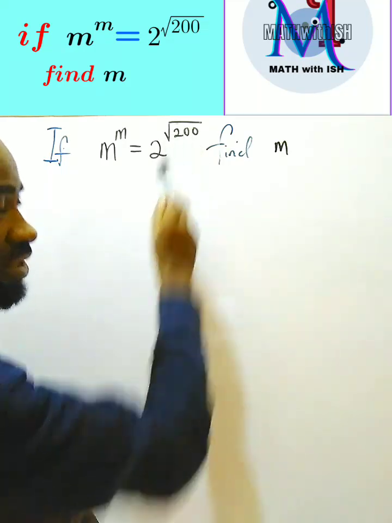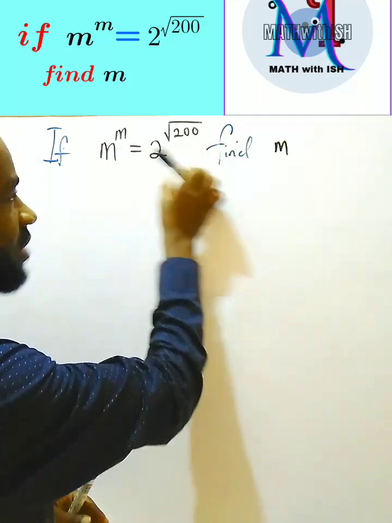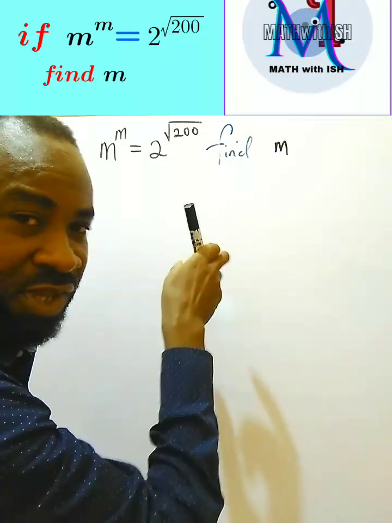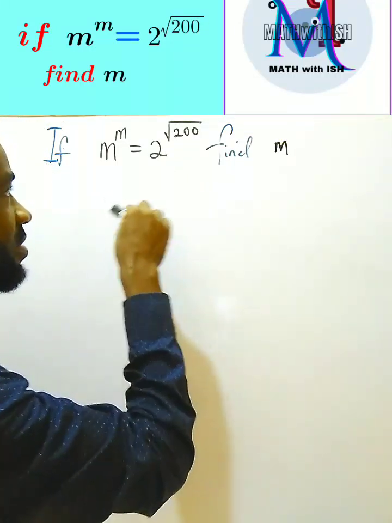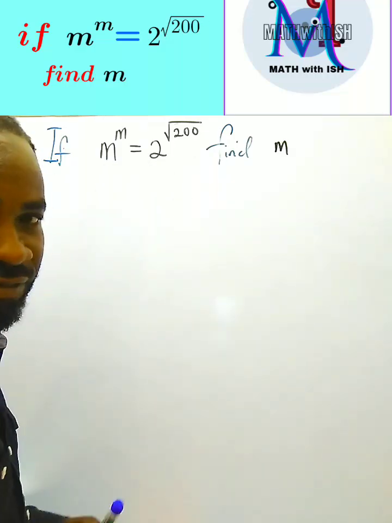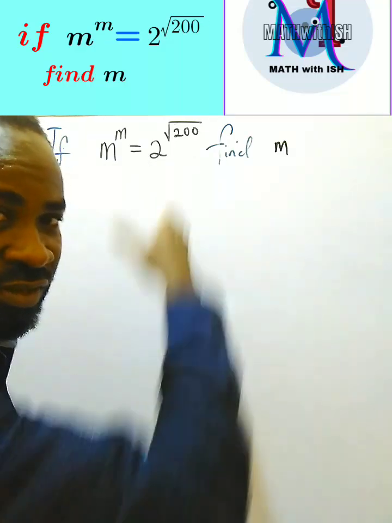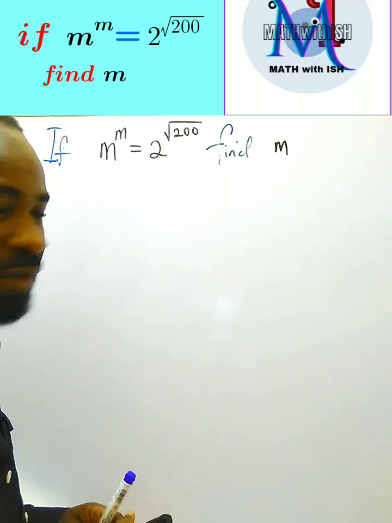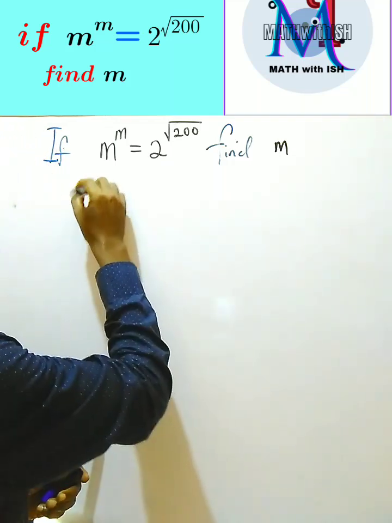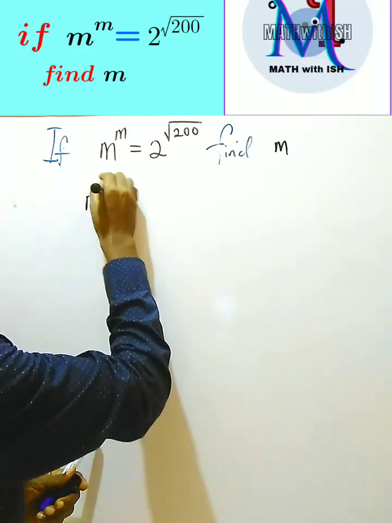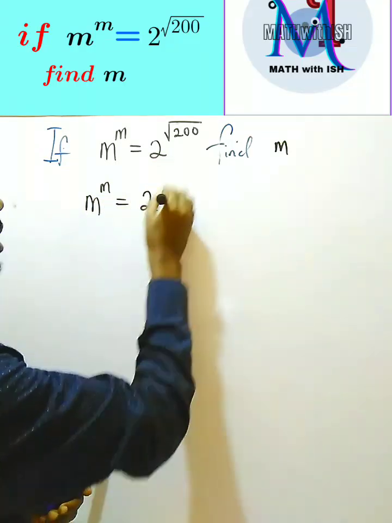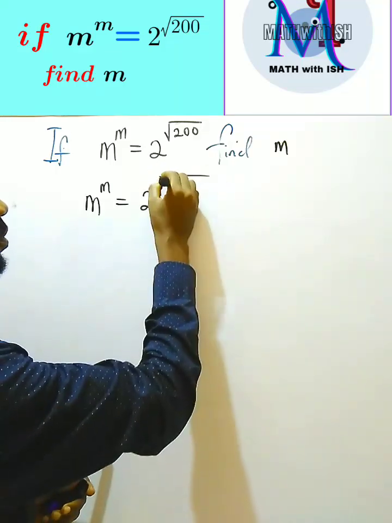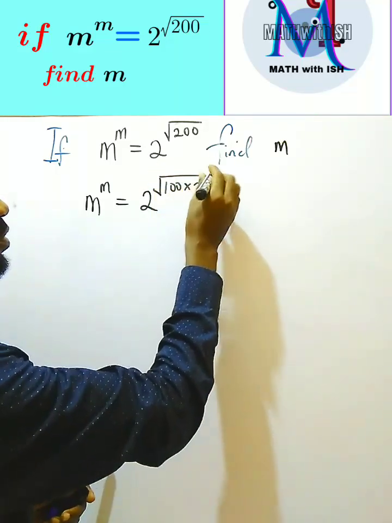They are not identical. So I'm going to make this right-hand side identical. If I succeed in making them identical, then the m becomes the corresponding value on the right-hand side. Okay, so let's do that now. My first step is this. I know that if I split this 200 to 100 times 2,